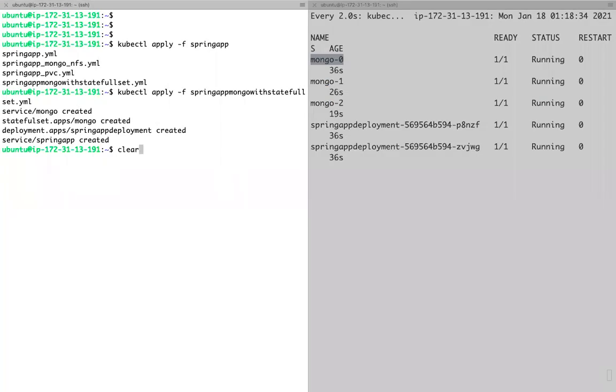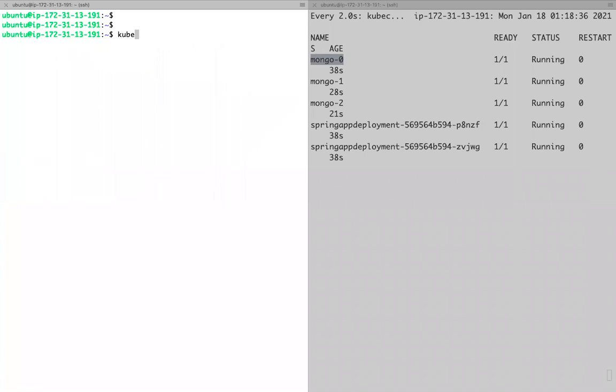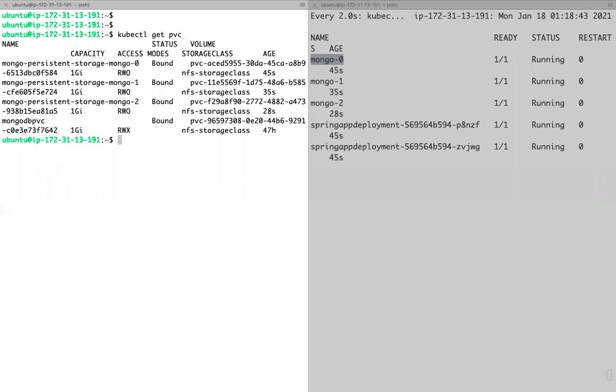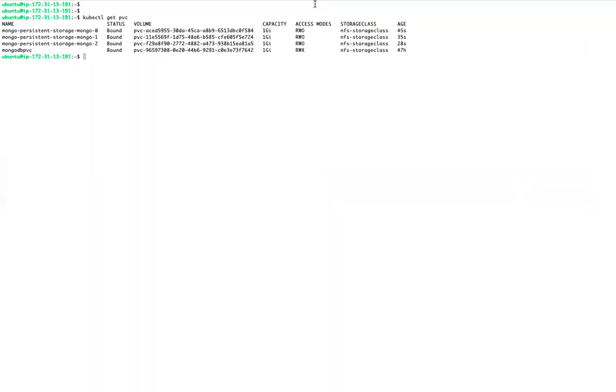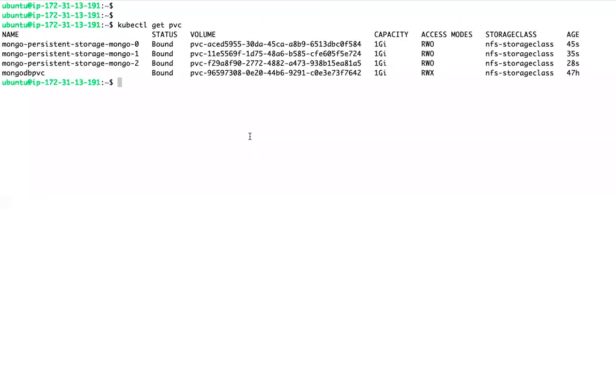So how many persistent volume claims have been created? Let me close this one now. If you see, how many persistent volumes are created for that? This PVC is used with the first replica, this PVC is used with the second replica, and this PVC is used with the other replica.